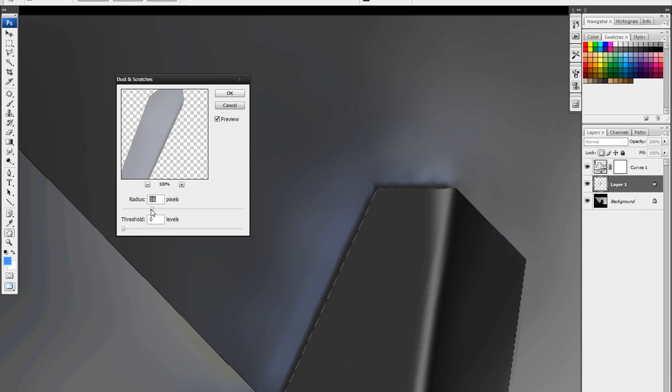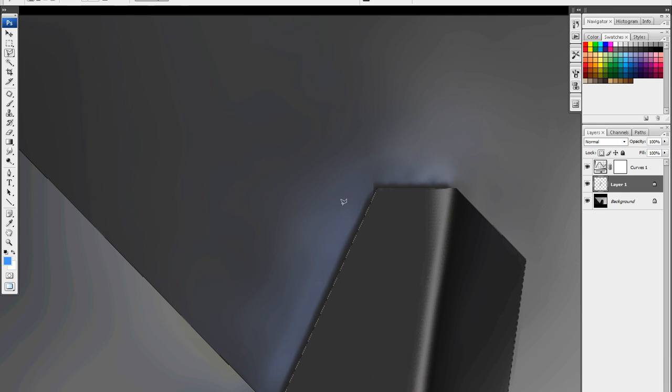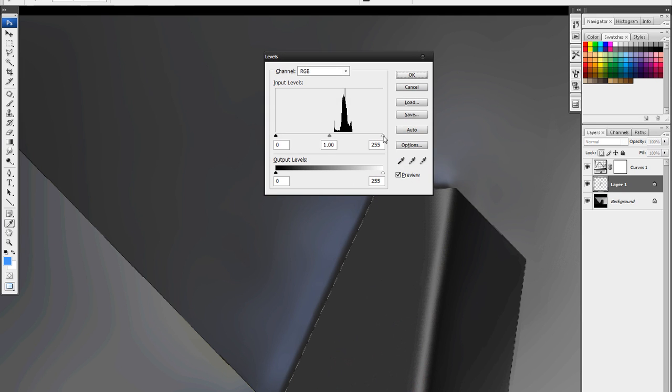Now by doing that, you can actually see that some of that highlight is removed. So you might want to try to get that back by running some kind of adjustment on that. Maybe just as simple as